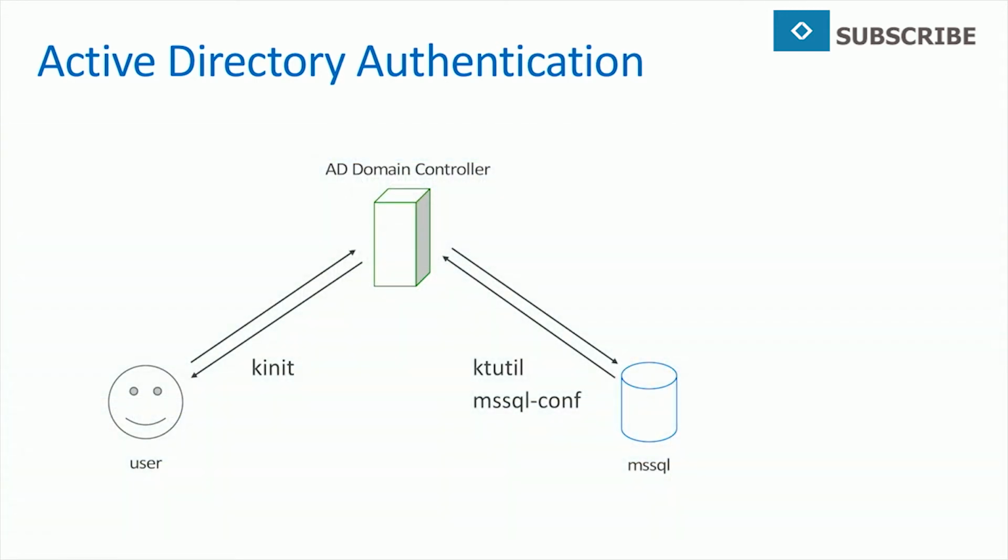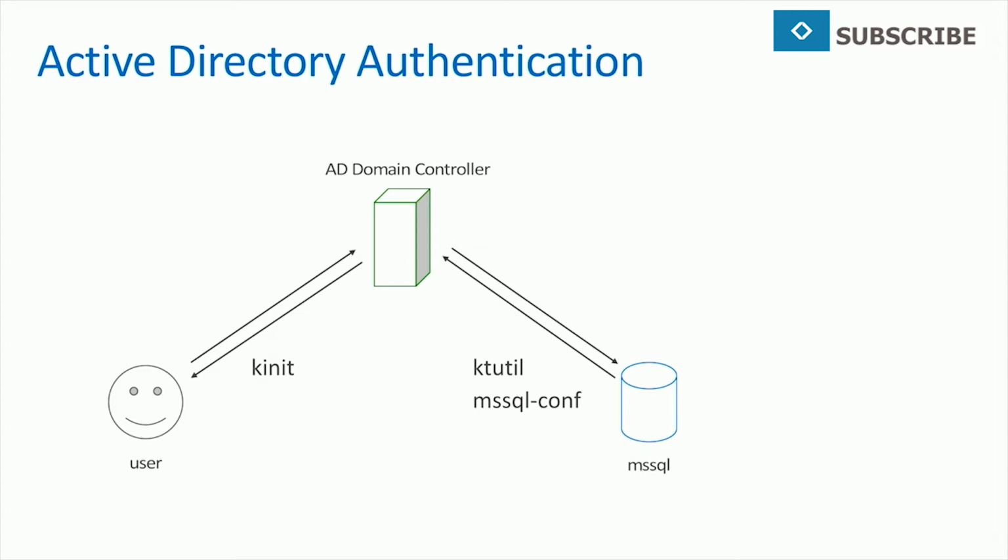So here we have a simplified diagram with the user, the AD controller, and the SQL Server machine. Starting on the user side, once the host has joined the AD domain, the user will need to use the kinit command, which will authenticate the user with the domain controller. As a result, the user will get a key ring,